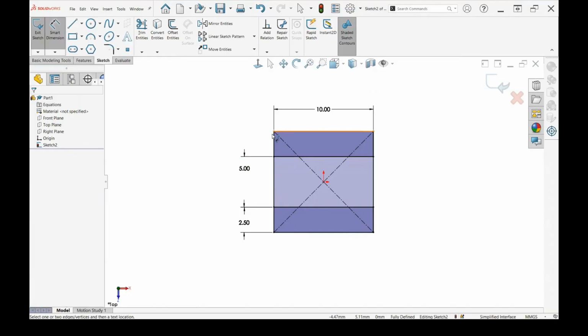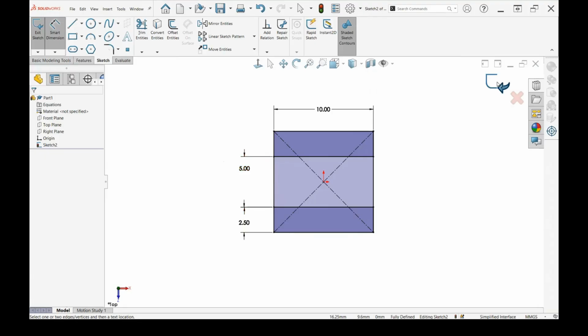We've already said that this outer dimension for the square is 10 millimeters, so 10 minus 5 minus 2.5 is 2.5. But if I put that as a dimension in here, that would be redundant, and it would lead to the error state of over defining our rectangles.